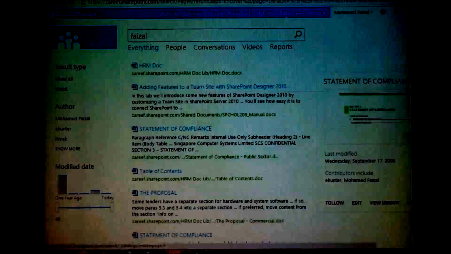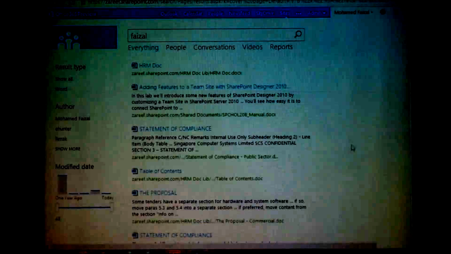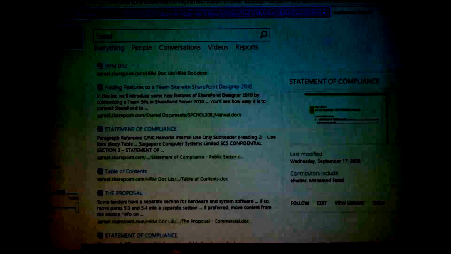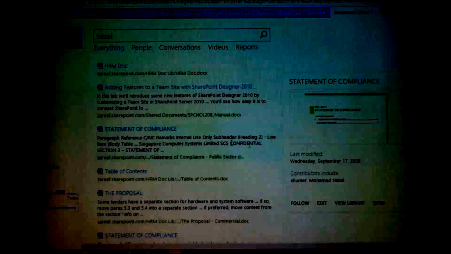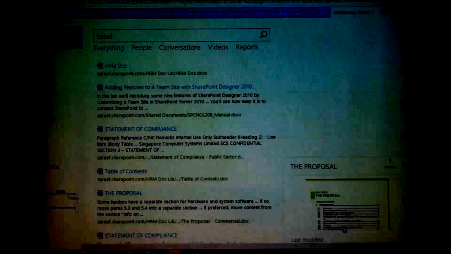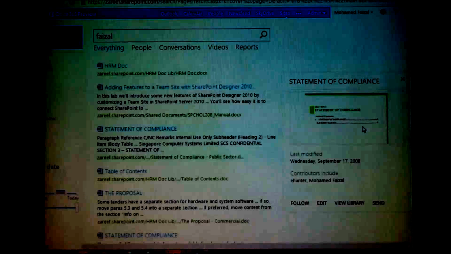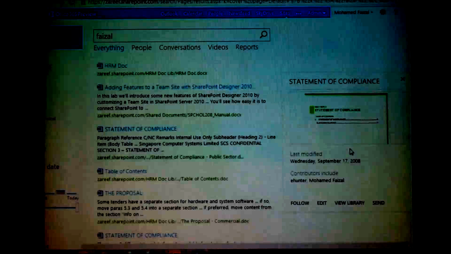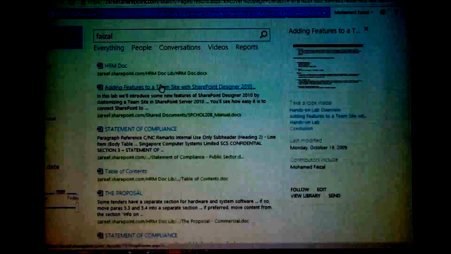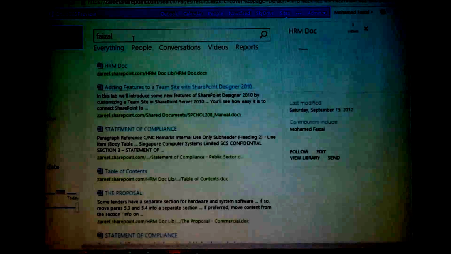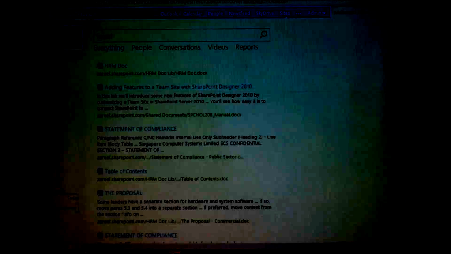I don't know why it's such a small size. It's supposed to be very big. Is it because of space constraints? Okay, it will be big, and you can also do the thumbnail preview like what I saw in my document library. You can see an example, right? Let's go back.